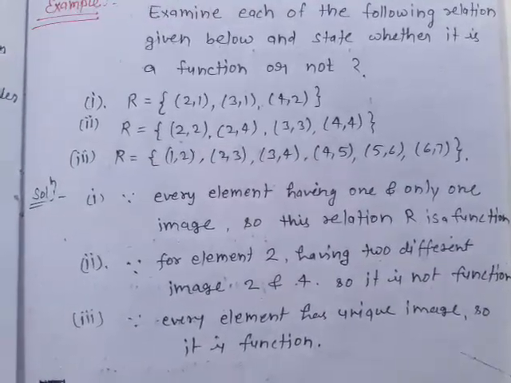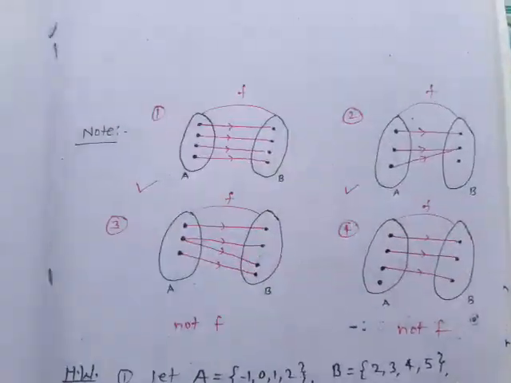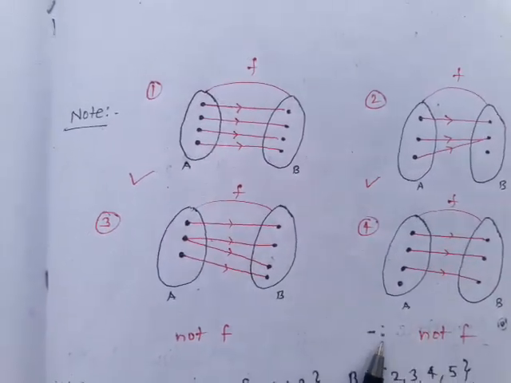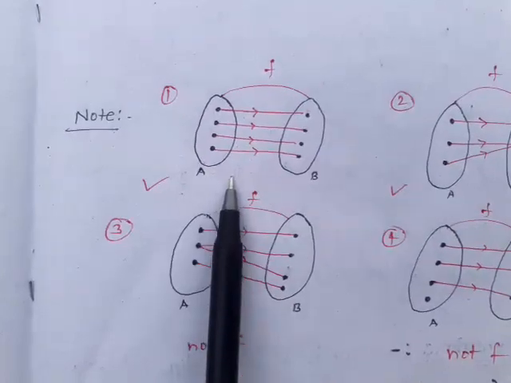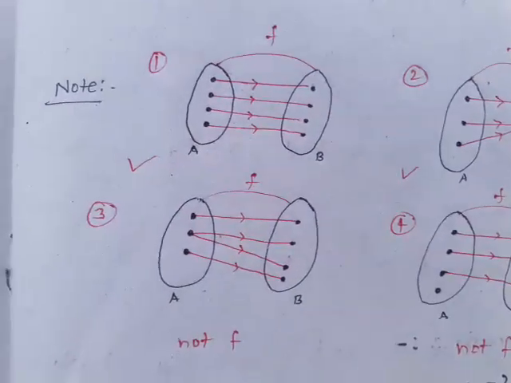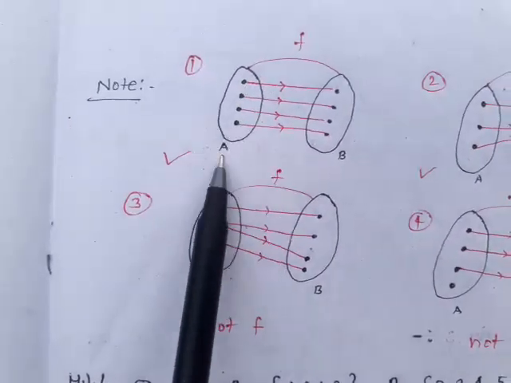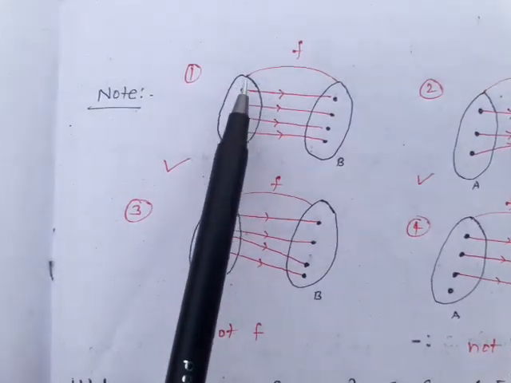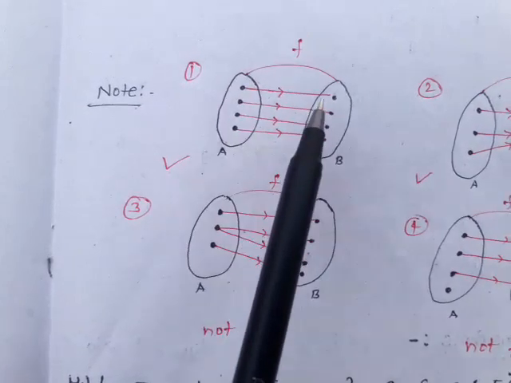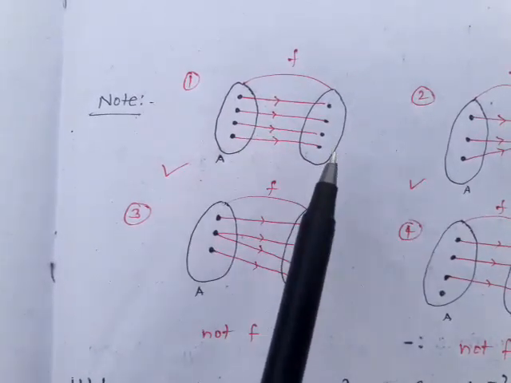On behalf of function, we note a pattern for proving a function. Here there are 4 patterns given for memorizing which are functions and which are not. There are two sets, capital A and capital B, and for defining them we use a pattern of sets A and B. There are 4 elements in set A, shown in dot form, and the image of this element is this, the image of this element is this, the image of this element is this, and the image of this element is this.